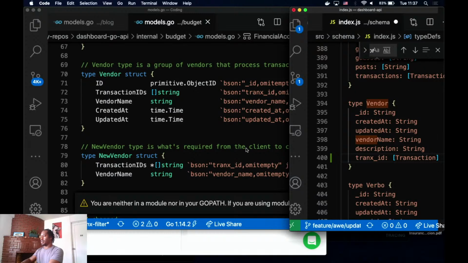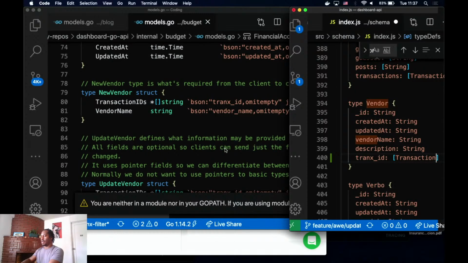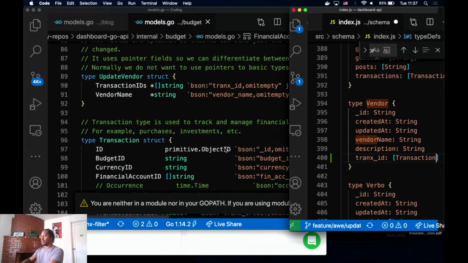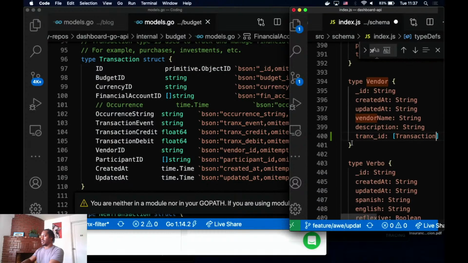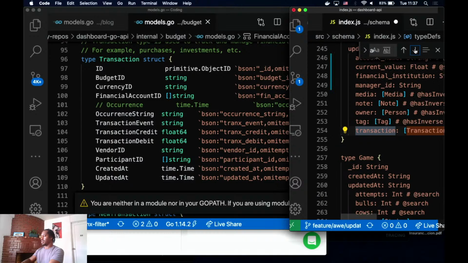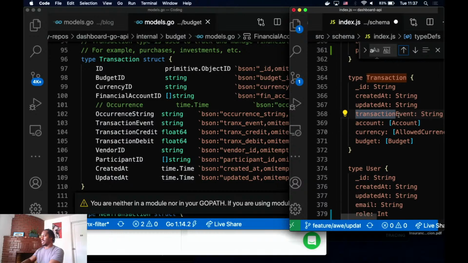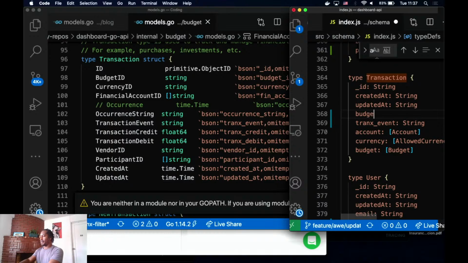All right. A vendor has an array of transaction IDs. All right. Transaction as transaction event. All right, let's start over. We got budget.